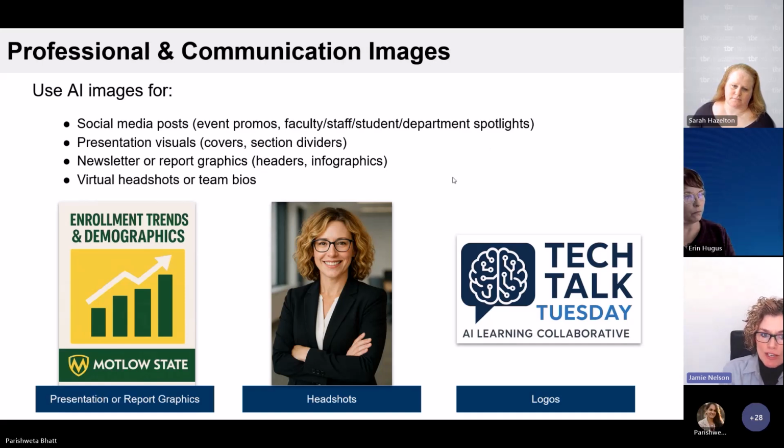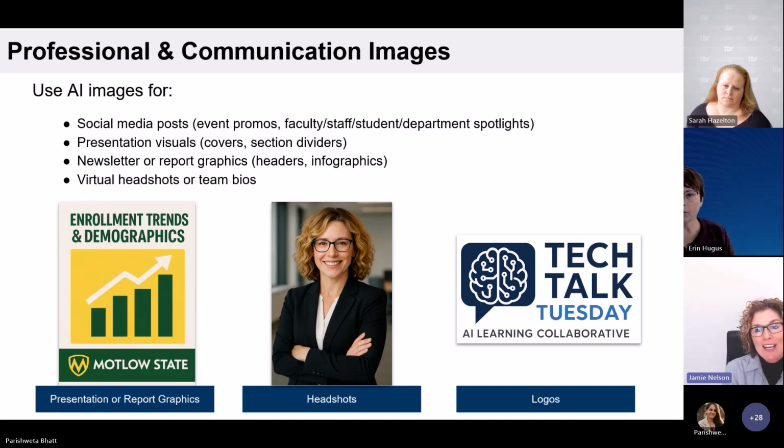What about presentation visuals? Lots of times when we're building our presentations for these sessions, we traditionally have had to lean on those open source areas where we could get images, but now we're starting to be able to generate those. So we can embed those within our presentations. You might want to put them on slides. You can give prompts that describe your presentation or the content on your slide and have it generate images for you. An example of presentation down there in the lower left, I had it generate a report